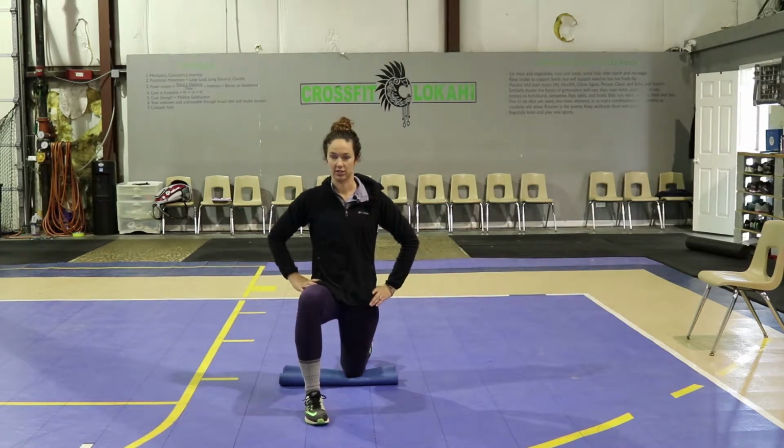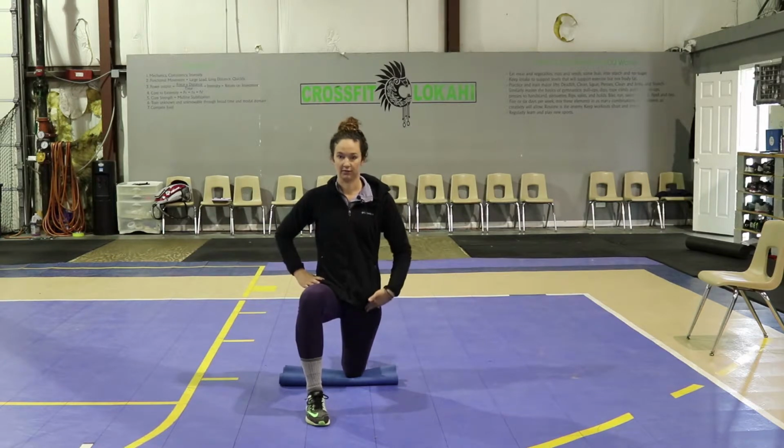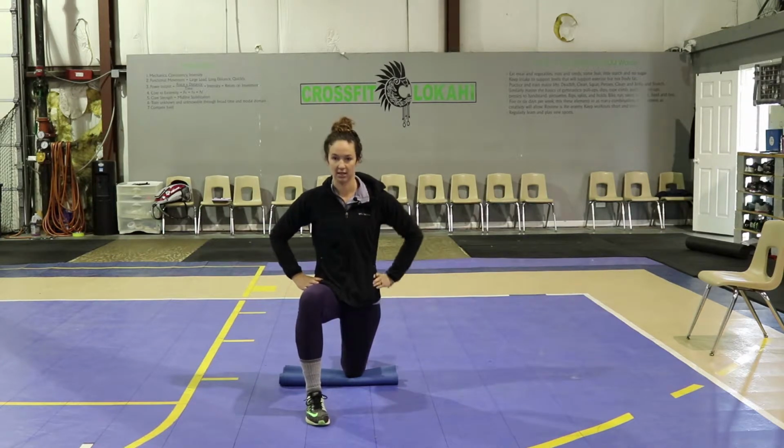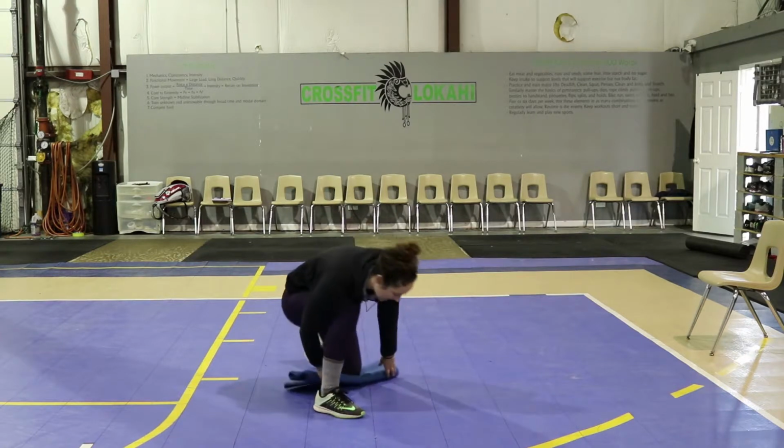This one's the hardest stretch because it's hard to verbalize. So you should feel it in the front of your thigh here. Same thing, hold 30 seconds. Then the next one is a quad and hip flexor stretch. So from the side,